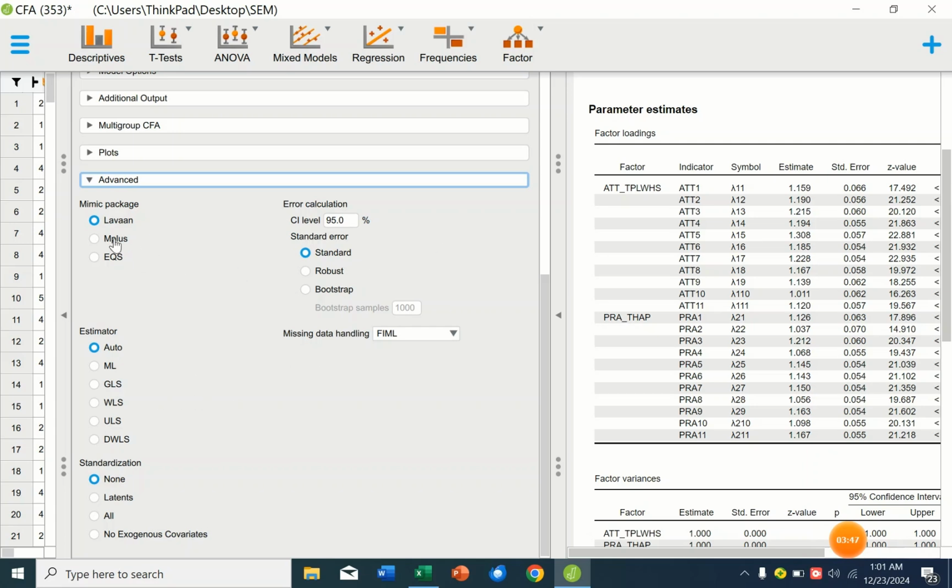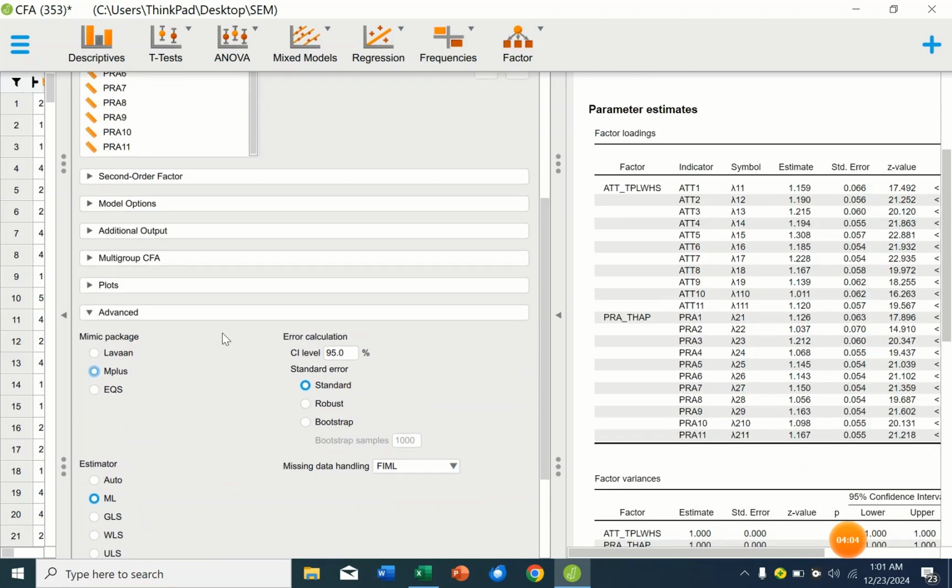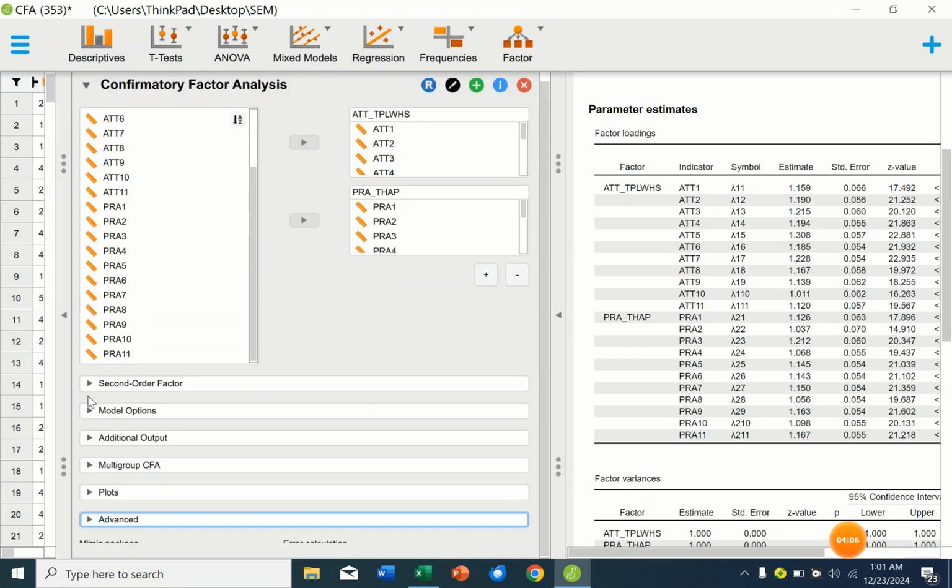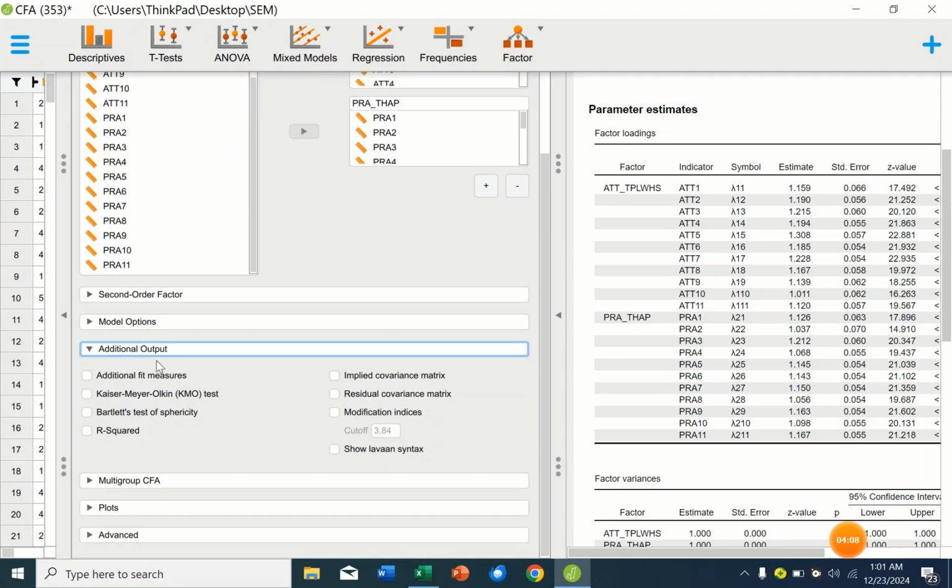You can decide to use the Mplus estimation. Auto, we can decide to choose maximum likelihood since our sample size is more than 200. So we can decide to use a Lavaan package or Mplus. Let's consider using Mplus. So let's go to additional output. Let's consider checking KMO,